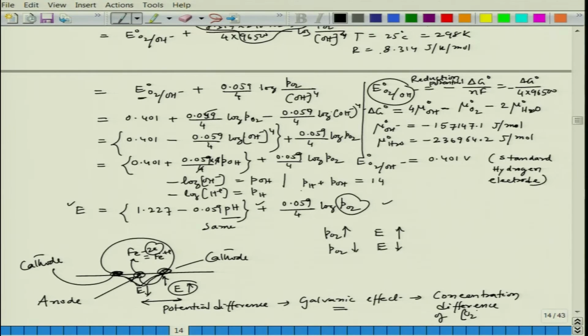Of dissolved oxygen, fine. But now this concentration effect is actually leading to a potential difference. So, initially it is uniform, later on it becomes localized. Now, the question is, why are we still saying this is uniform corrosion? Because it is not only one droplet. There are multiple droplets forming. So, everywhere we are having such situations.